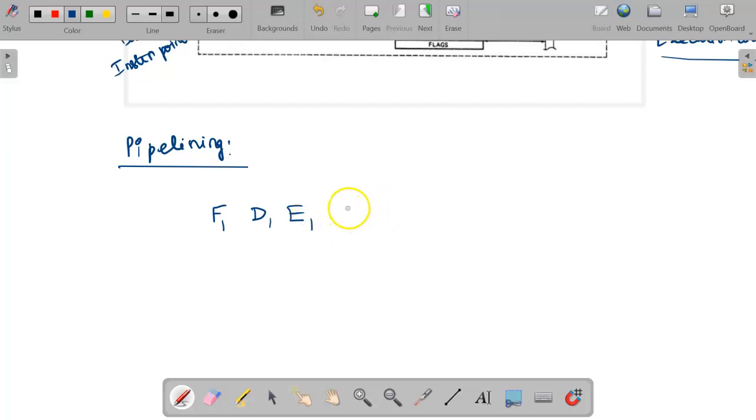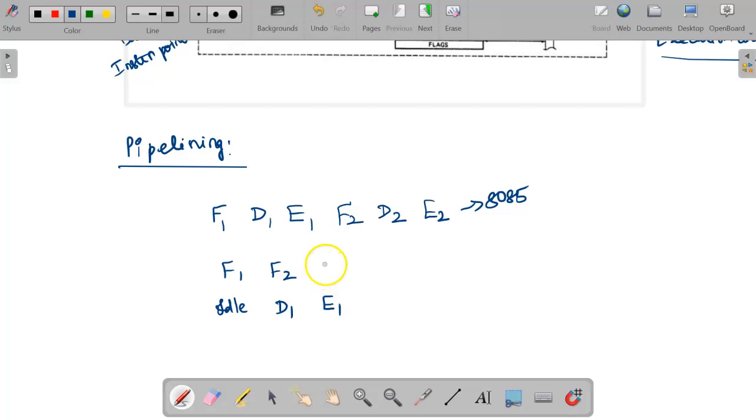Then it will move to the second instruction: fetch the second instruction, decode the second instruction, and then execute the second instruction. This will happen in the 8085 microprocessor, where you don't have pipelining. But here, because of pipelining, while fetching the first instruction, the 8086 will become idle. But during the second fetch, the decoding operation of the first instruction will start automatically, followed by the execution